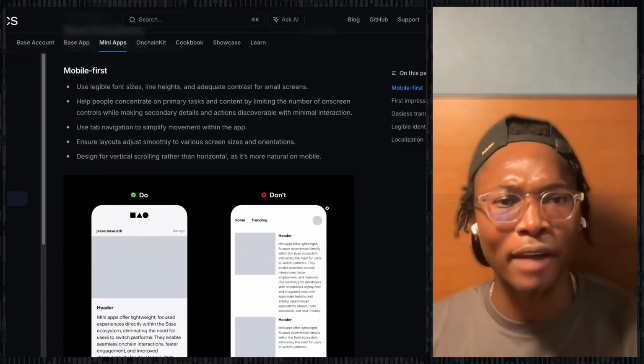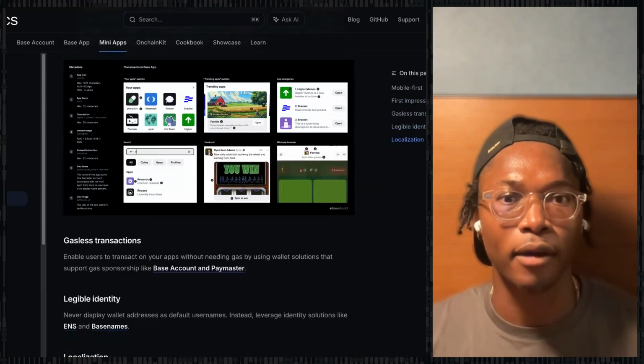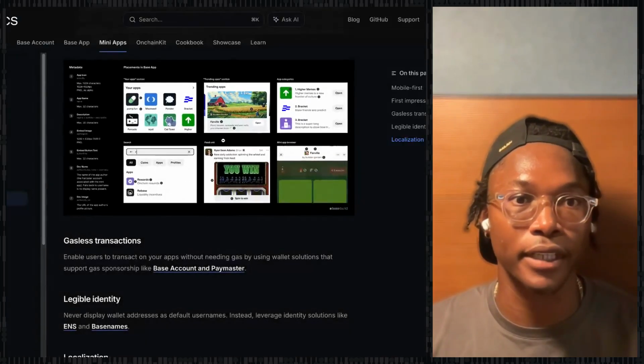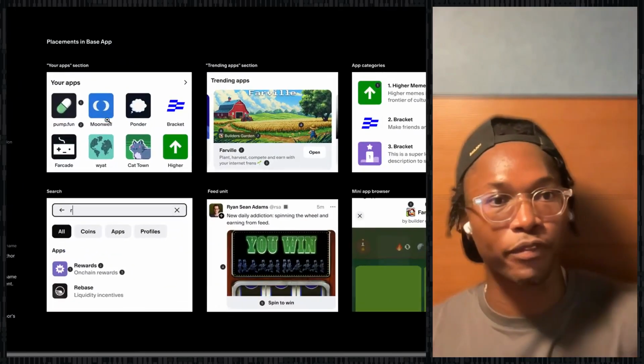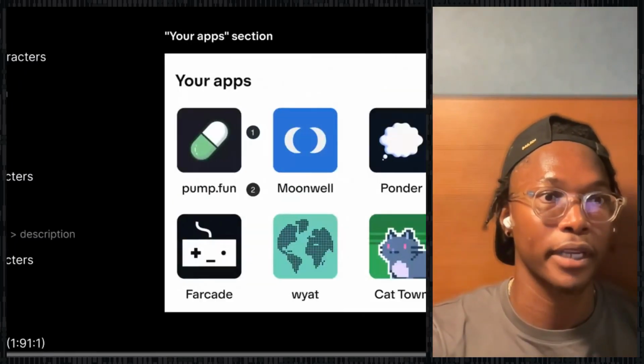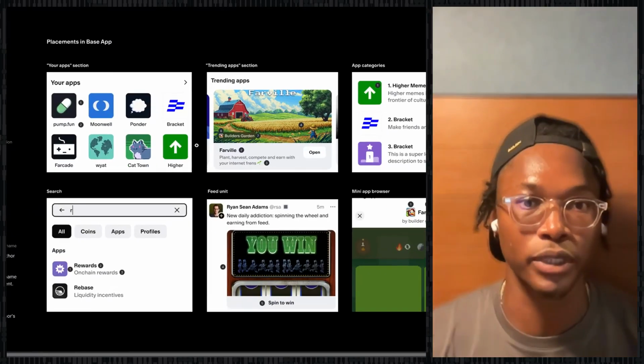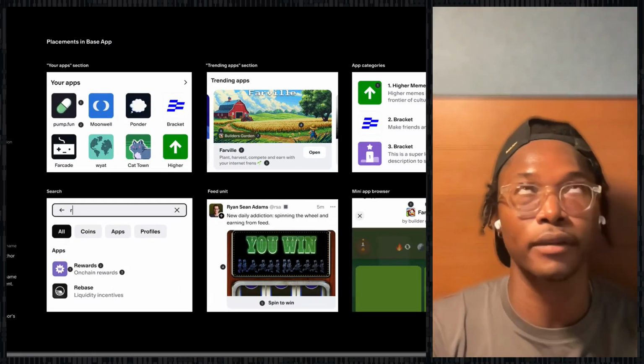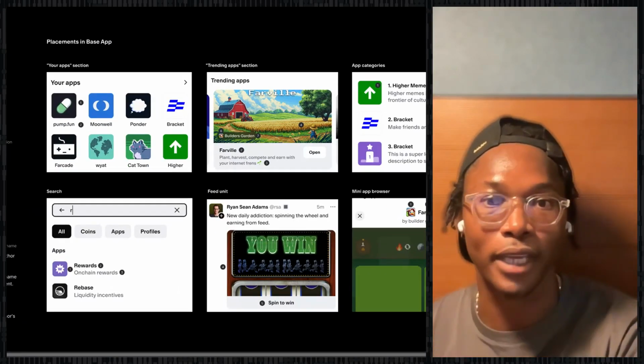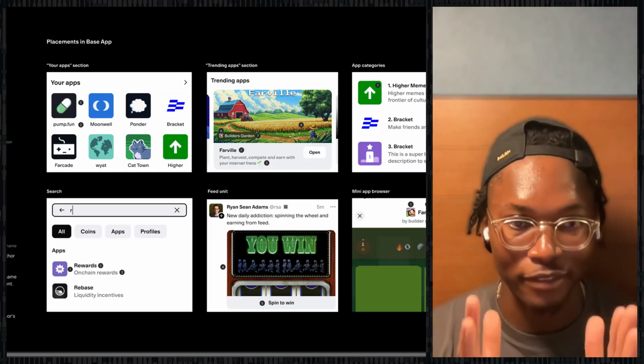So you have this mobile first design. This right here is what you're going to fill out in your metadata, right? What this diagram shows you is what each field maps to in the real world in terms of your mini app.